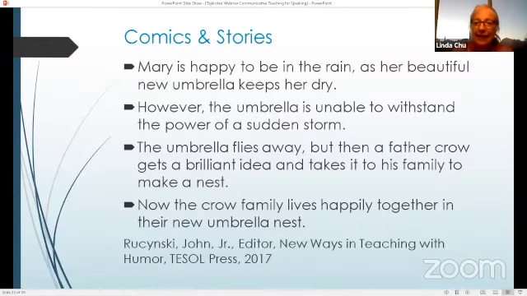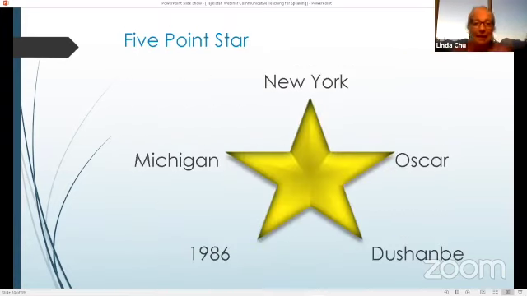Okay, and this came from a book. It's actually a TESOL Press book, and it's New Ways in Teaching with Humor in the Classroom. So it's got a lot of interesting ideas for classroom activities. The next one,